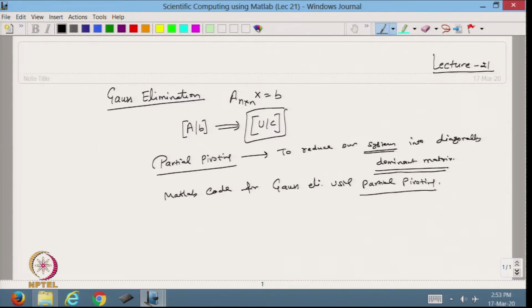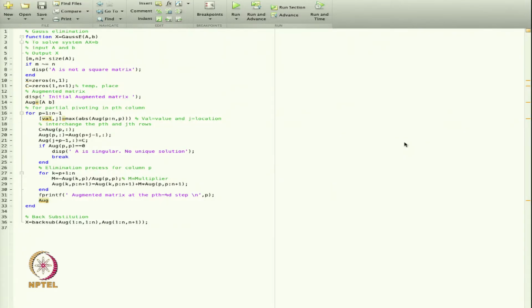Let us go to the MATLAB code. This is the program I have made for the Gauss elimination method. We already know how to make the functions.